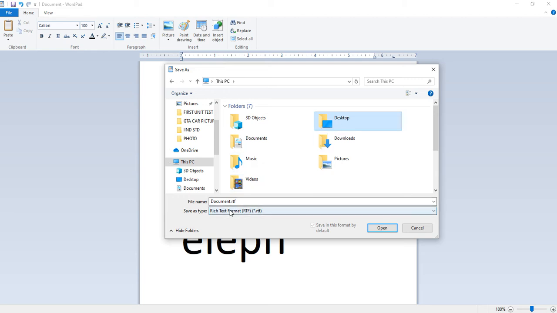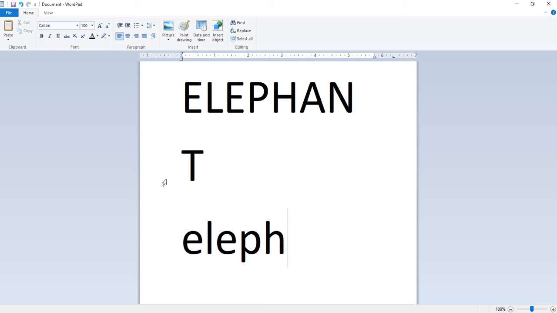Next, type a name for the document and click on the Save button. I am typing here computer subject. Then click on the Save option. The document is saved with the name we have typed. This name now appears on the title bar of the window.